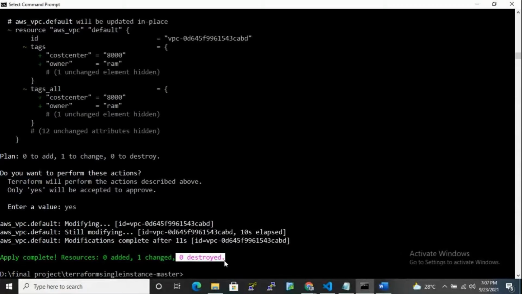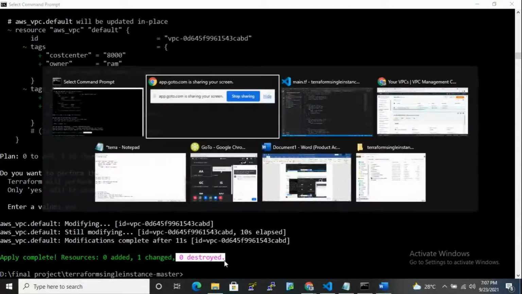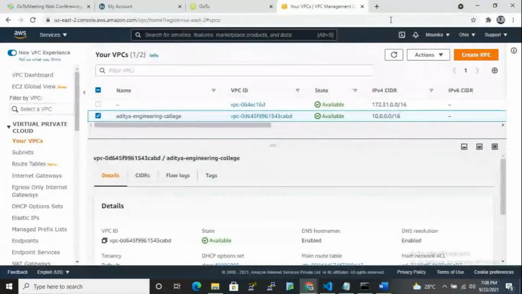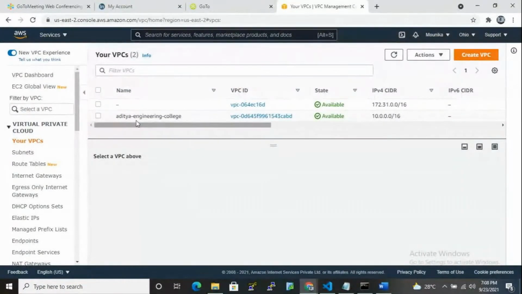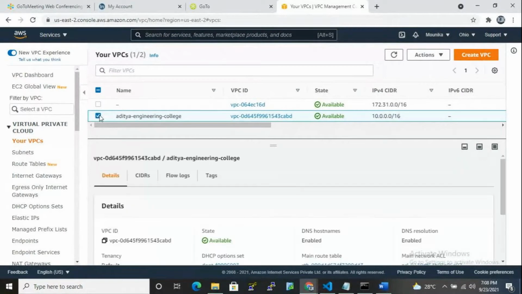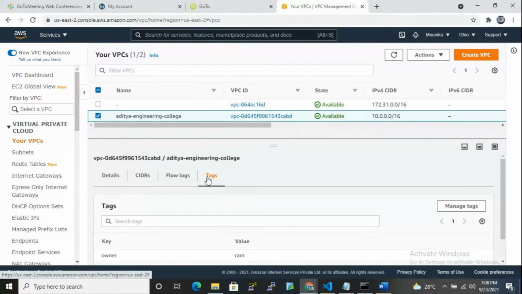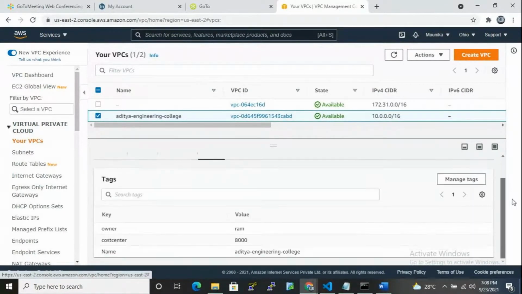Again back to my console and refresh. So now I click on this, click on tags. So here we have 3 tags. The first tag key is owner, value is ram. Second tag key is cost center, value is 8000. Third tag key is name, value is